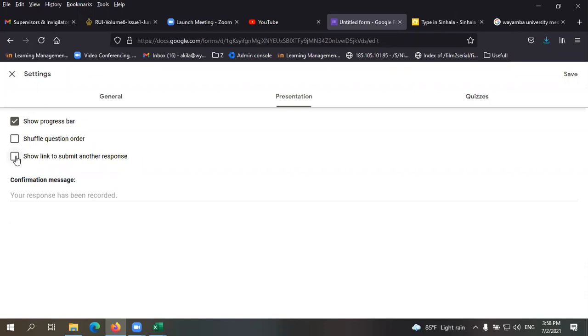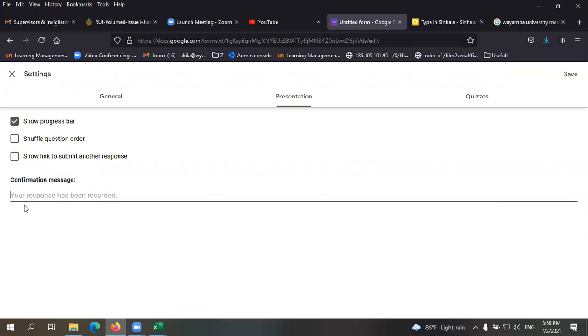So normally in this kind of form, right, we're going to take the view of your batchmates about a batch trip, right? So then we should not allow them to submit multiple forms. So what we should do is remove the tick. Otherwise, they will be allowed to submit multiple forms, multiple responses. Again, if you wish to shuffle the questions, you can tick that, right? So I'm going to leave that.